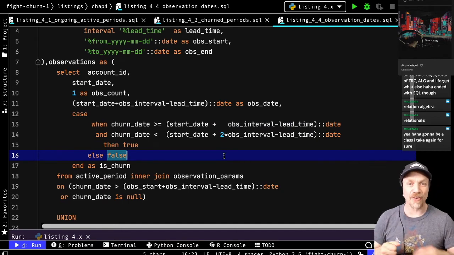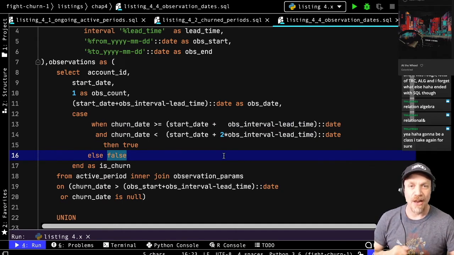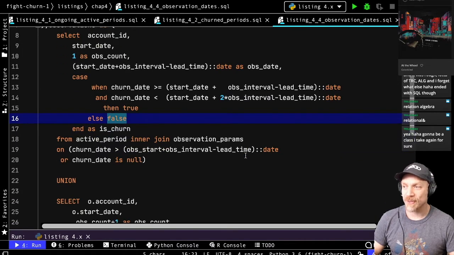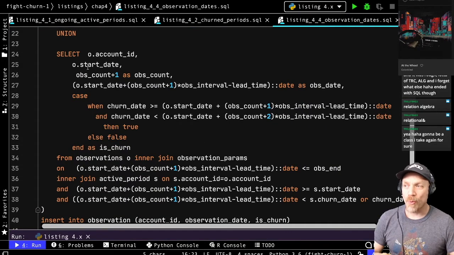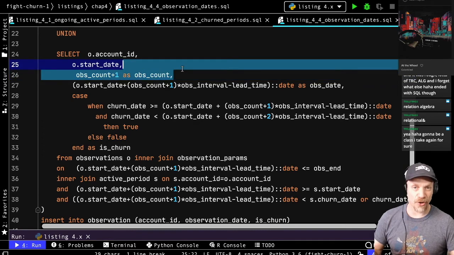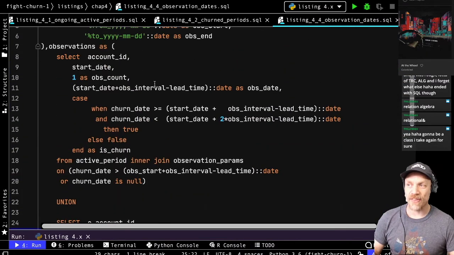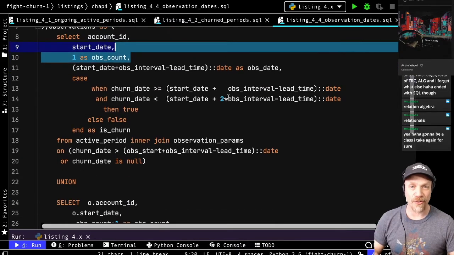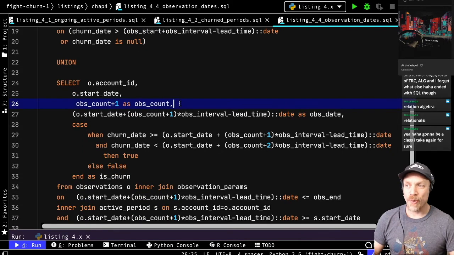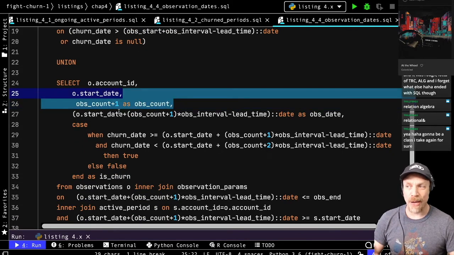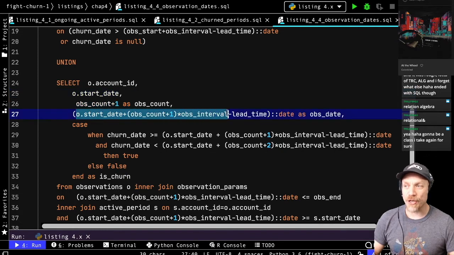So this is actually putting the outcomes in place for the churned and non-churned customers. Then we do the recursive common table expression where we advance the observation count for each account on each recursion. So we initialize the observation count at 1 on the first initialization. Then for each recursion on each account, we increment the count by 1. And we calculate a new observation date by adding the observation interval times the observation count.